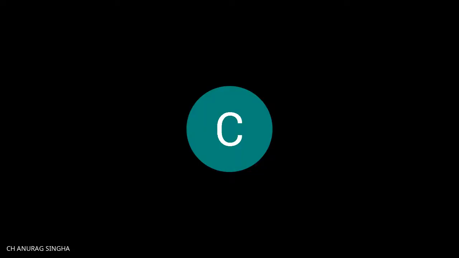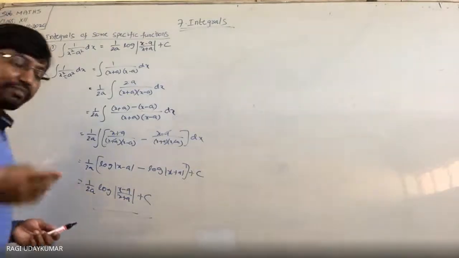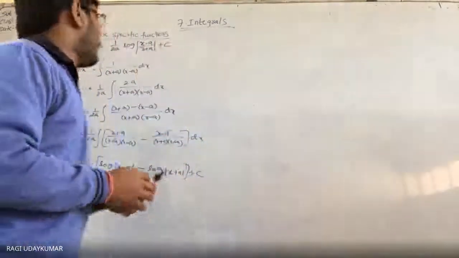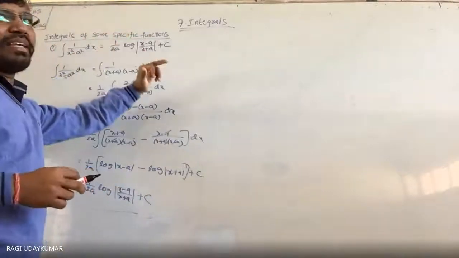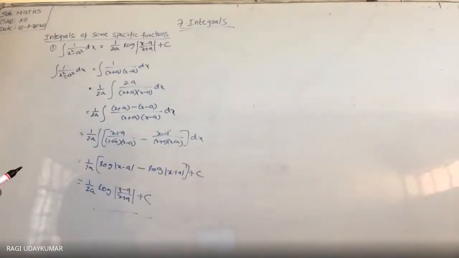Yes, sir. So if you try to remember the proof, then it is a little bit easy for you in case you forget the formula. Even if you ask me suddenly, though I am teaching for so many years, I may remember this one, these all 1 by x square minus a square. But if you suddenly ask me, there will be a little bit of confusion. So what do I do? To remember x minus a by x plus a and x plus a by x minus a, this confusion will definitely be there, 100%, for most of the students.